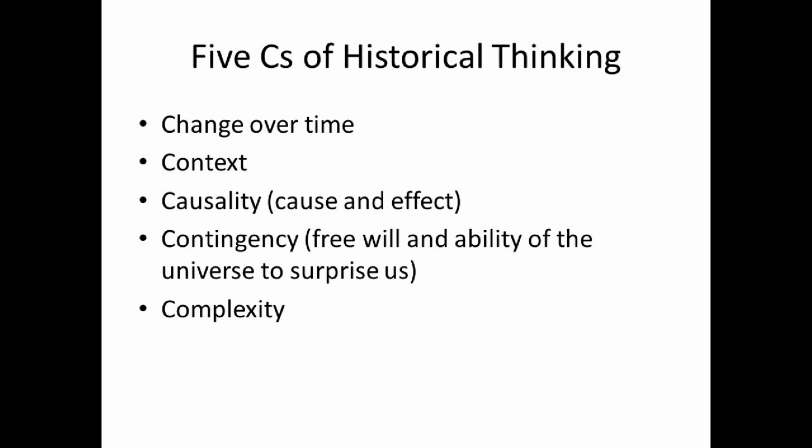And finally, the last C is this issue of complexity, right? We try to understand things complexly, as they like to say on Crash Course. Historians are famous, I think, for when people ask, why did this happen? We'll start off, well, there were multiple causes. And that's usually how things work. I would argue that trying to get people to think about these issues of complexity and how they impact human behavior is actually one of the major roles of historians.